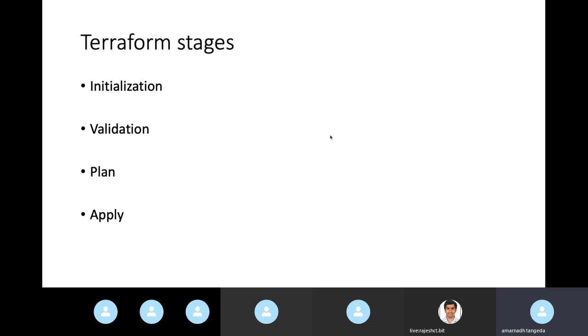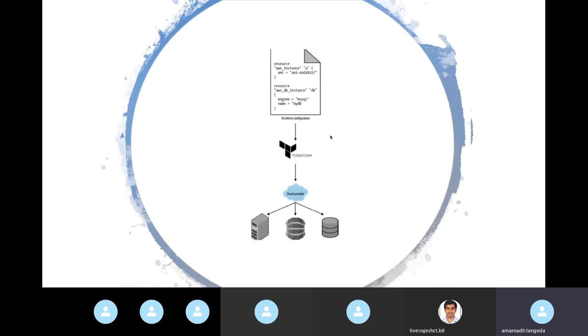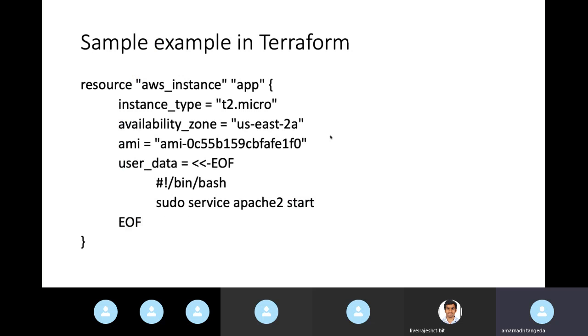As we saw in the example of creating an EC2 instance, the first line is resource aws_instance. Don't worry if you don't understand the script right now. This aws_instance is an AWS keyword, which Terraform uses for its internal purpose.